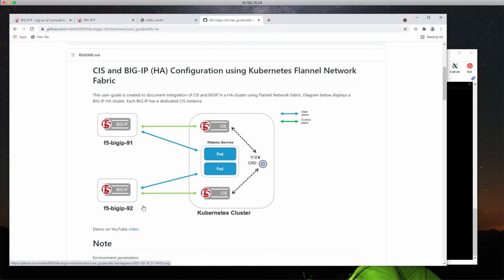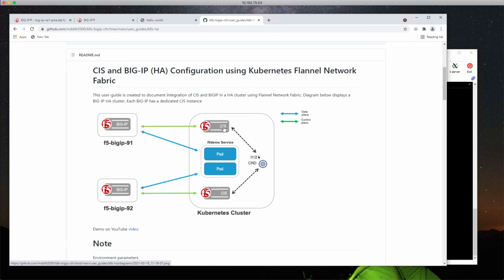And you can see the control plane happening between each BIG-IP. So the CIS instance is really updating the BIG-IP, so the BIG-IP itself will always have the configuration. And so you can see here, as the CRD gets created in Kubernetes, CIS will then update its unique BIG-IP. And so that configuration is pretty trivial, and as you can see there are examples that talk a little bit about this configuration. So for example, the target for CIS2 would be BIG-IP2, and the target for CIS1 would be